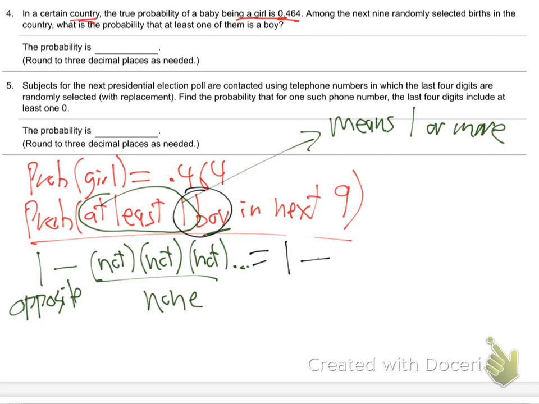Nobody can say, yeah, but they gave me the probability of a girl up here. I know they did. But I'm saying, what question are they asking us? What is their actual question? I don't care what facts they say. I don't care if they tell me how acidic lemons are. I don't care what other facts they give me. I'm saying, what question are they asking me? They're saying, find the probability of at least one boy. That's their question, boy. So when I say not, I mean not a boy, not a boy, not a boy, right? It's not whatever they're asking for.